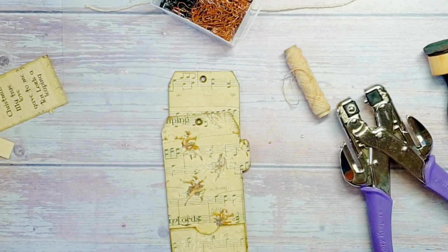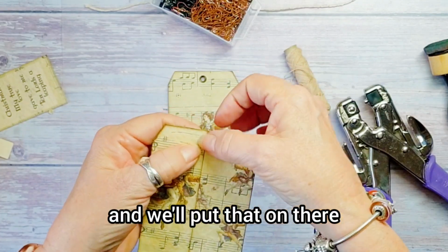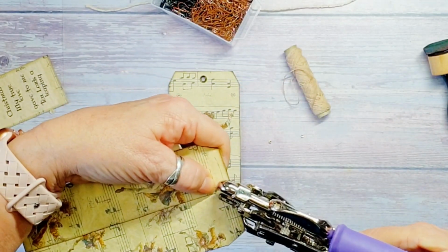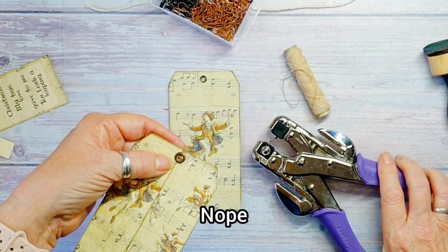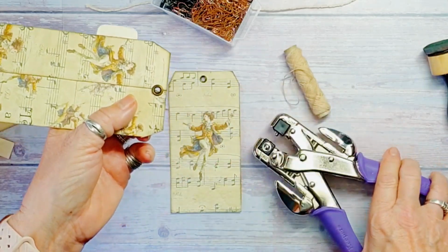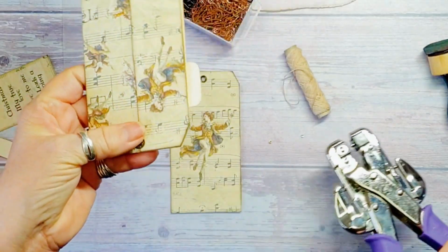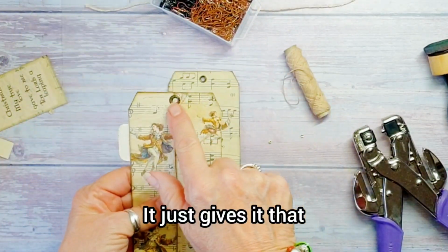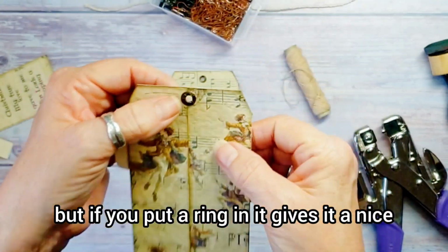So that's that. I want to and we'll put that on there. Nope. Stick that back in there. You don't have to use these rings. I don't always use them. There we are. It just gives it that, because you've got like your little jaggy bits there and they look a bit rough, but if you put a ring in, it gives it a nice...